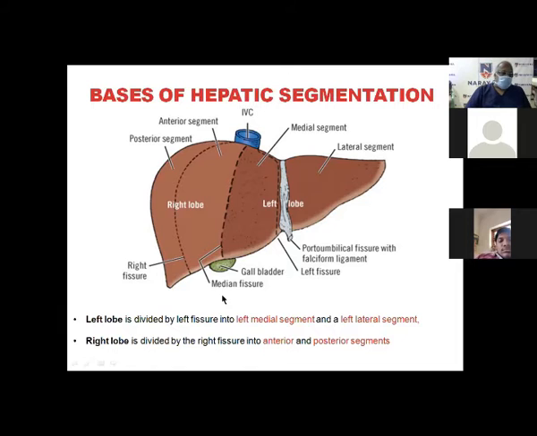And superior posterior is the third segment of the bile duct. In case you want to do a segment 3 bypass, this is another approach, the ligamentum teres approach. This is the gallbladder, this is the median fissure, this is the lateral fissure, which divides the right lobe into segment 8 and segment 5. This is segment 6 and segment 7, otherwise known as anteromedial and posterolateral, which are divided again into 2. That is 1, 2, 3, 4. That is 5, 6, 7, and 8. 5 and 8 are anteromedial. 6 and 7 are posterolateral.